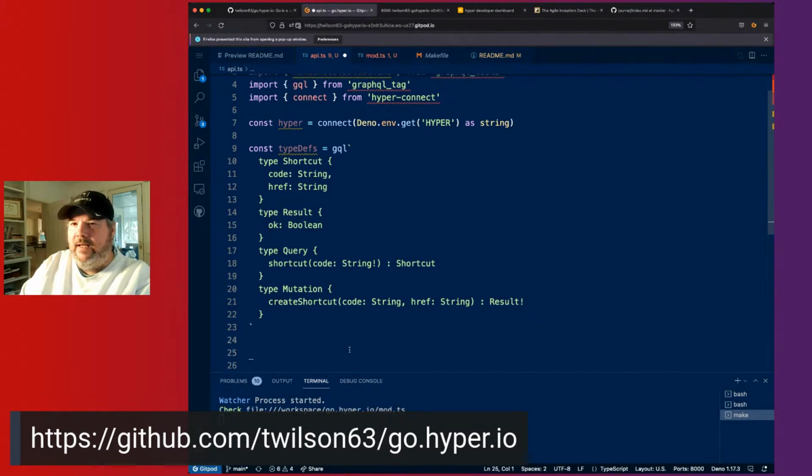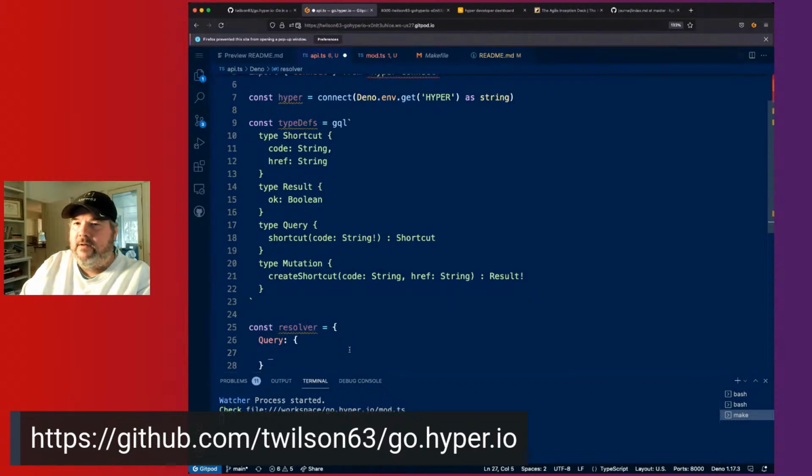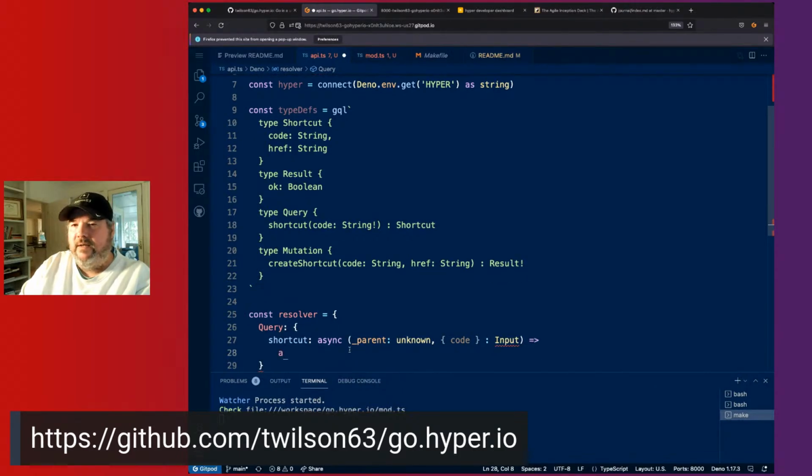And I'm going to go ahead and we'll do the interfaces for the resolvers after we type those. So we got a query resolver, and it takes a shortcut, and parent is the first argument in a GraphQL resolver, and it's unknown because we're not using it. No need to define it. And then we'll get our args, and the argument for shortcut is code, and we'll just declare this input interface, and then we'll just implement this and